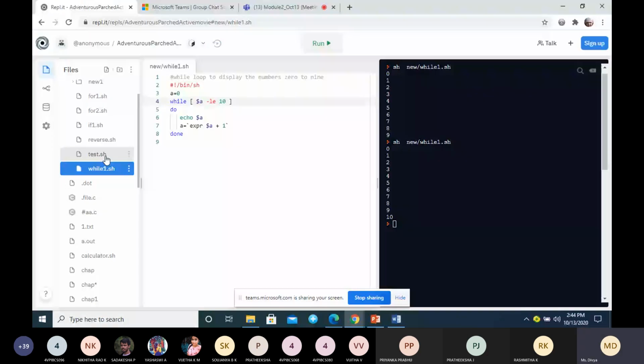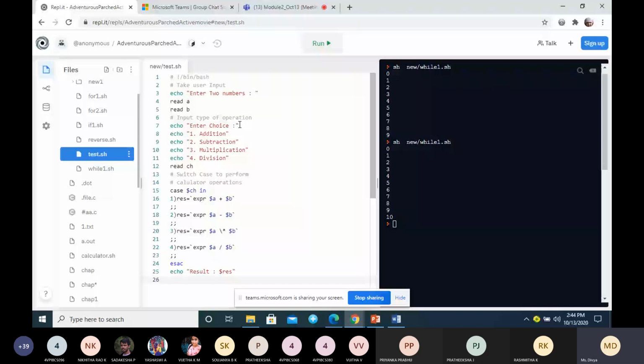Here we have used a switch case. We are entering two numbers, and we have echo statements: 1 is addition, 2, 3 and 4, and we are taking the input which is stored in the variable ch, a single input for the switch case.